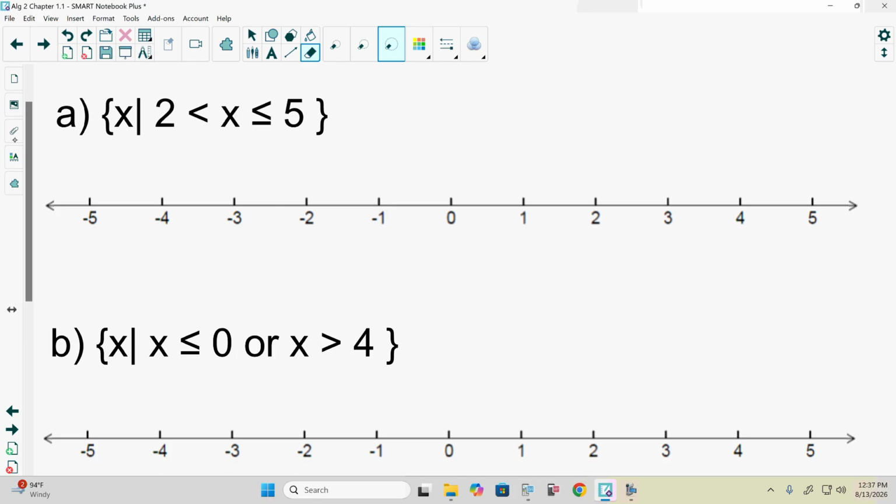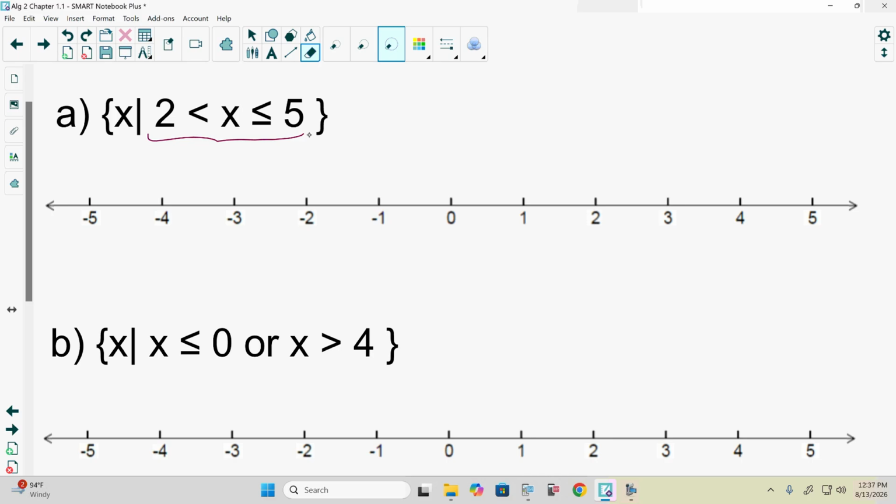Let's look at these here. So they want us to take this set builder notation and graph it. A, for all x, so for all values of x in the real numbers, x is a real number such that 2 is less than x is less than or equal to 5. Really, we're saying for any real number x, 2 is less than x is less than or equal to 5, yes? For us, we're really just focused on